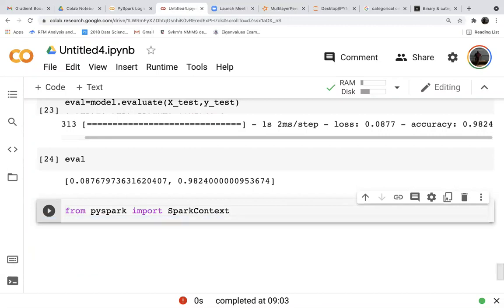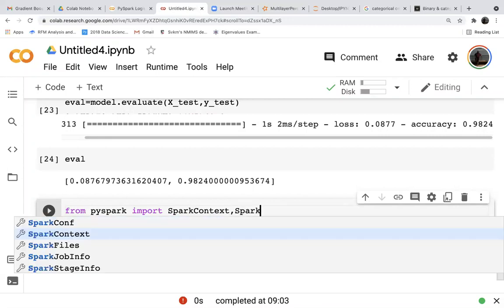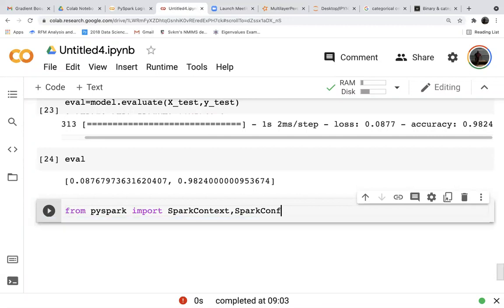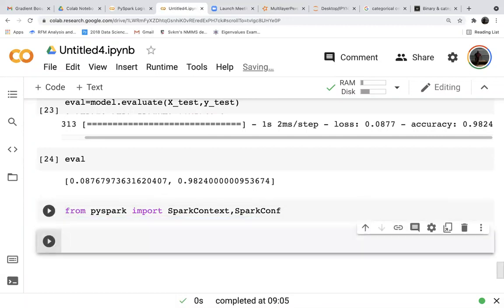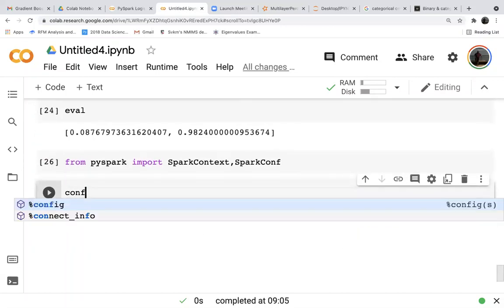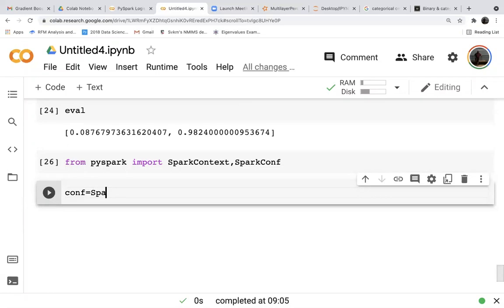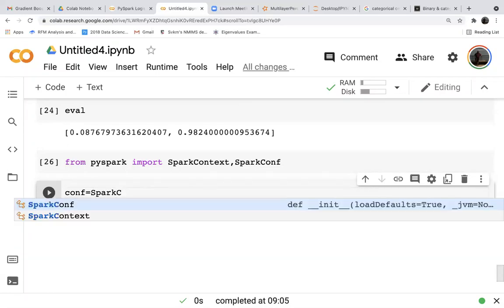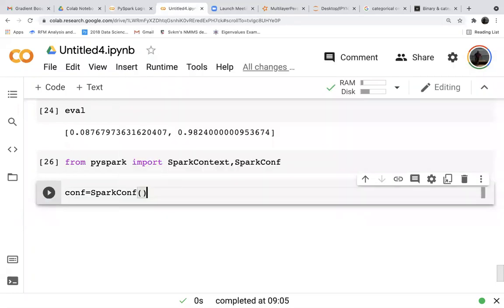Spark context, comma, Spark configuration. So we have to configure the Spark context for the RDD. configuration is equal to SparkConf().setAppName("DL").setMaster("local[8]").